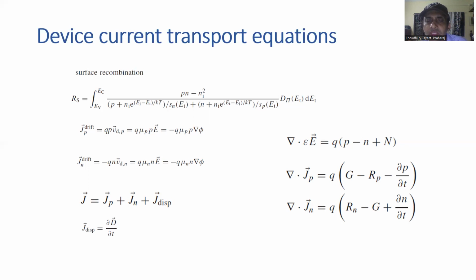And then we have various electrostatic and electrodynamic equations that determine the band bending due to charge profile, net charge profile in these materials. And the net charge profile is determined by the hole concentration, the electron concentration, the charged impurity concentrations, and other impurity concentrations